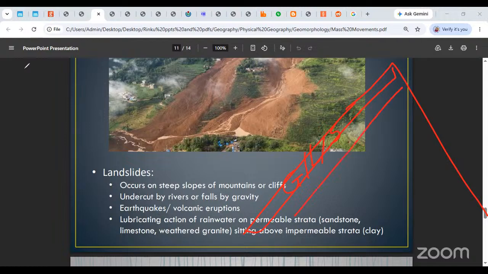Okay. So this kind of rock exists above an impermeable layer like clay. Once again, what is the speciality with clay? It is porous, it can hold the water. Now understand that on this slope, if there is a heavy rainfall, what happens is the water will pass through the rock. From the upper rock layer, the water will pass downwards. The water will pass through that first layer.